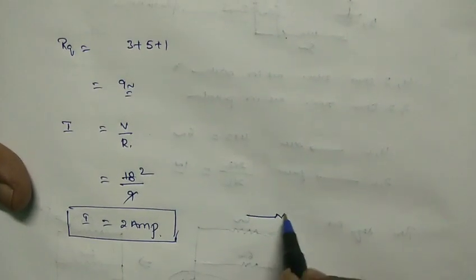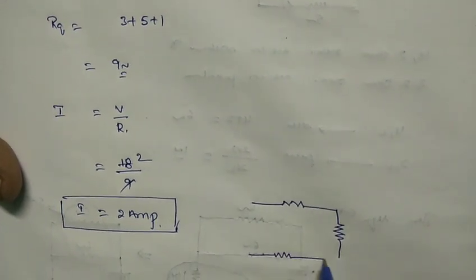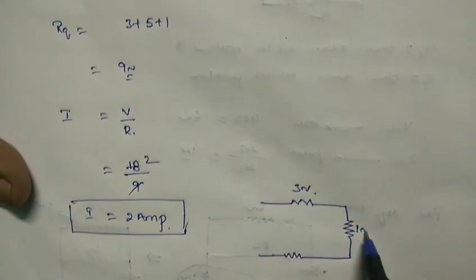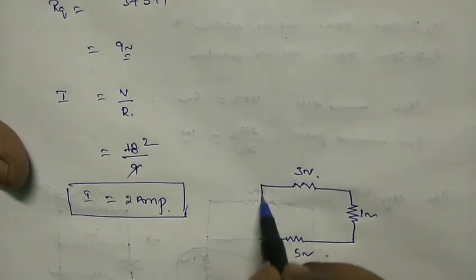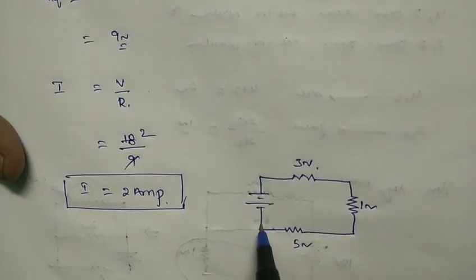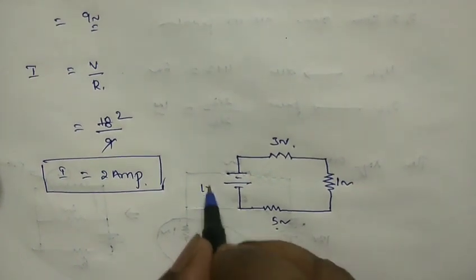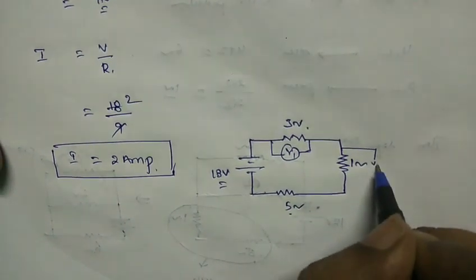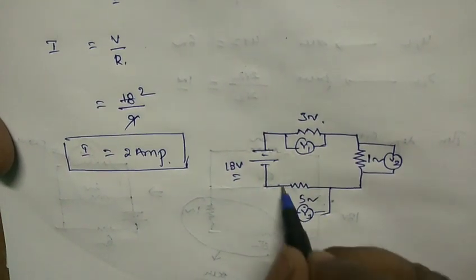That means, see here, in a series circuit the current is the same. I already said this one. That means in the 3 ohm resistance the current is 2 amperes. Here in the 1 ohm resistance the current is 2 amperes. In the 5 ohm resistance the current is the same. So here we have to find the voltage drop, how much voltage drop across the 5 ohm resistance. So the voltage drop across here is V1, here V2 and here V3. First of all we have